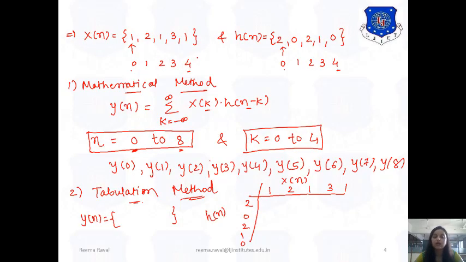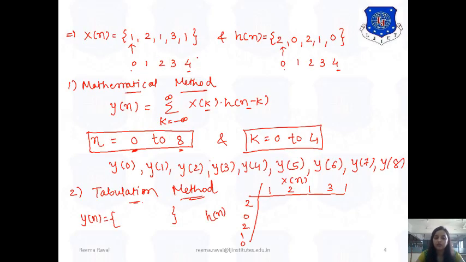So as you can see over here, among these 3 methods, that is mathematical method, tabulation method and graphical method, whenever it is not mentioned which method is to be used to find linear convolution for the particular input sequences, tabulation method will be easier for you to do that. Okay, so as you can see, using tabulation method for this particular example, I'll find the answer easily and the error chances will be less. Okay, so now let us consider one lengthy example and for that find the answer using tabulation method.